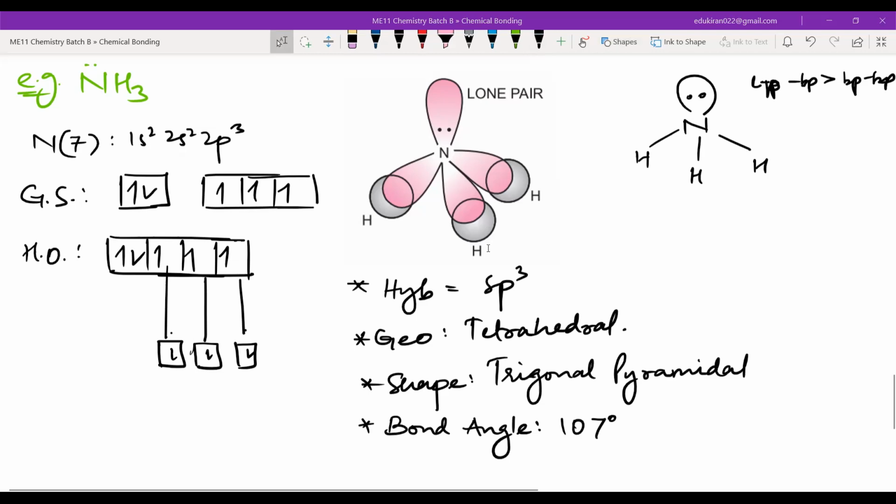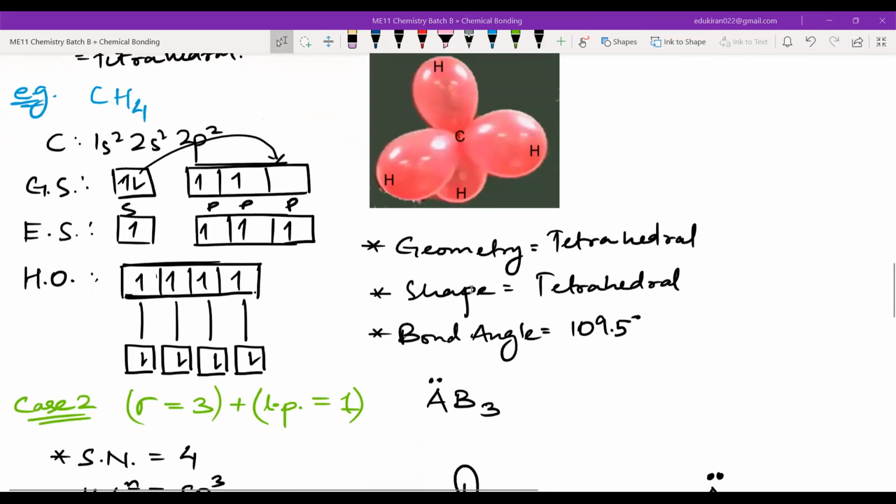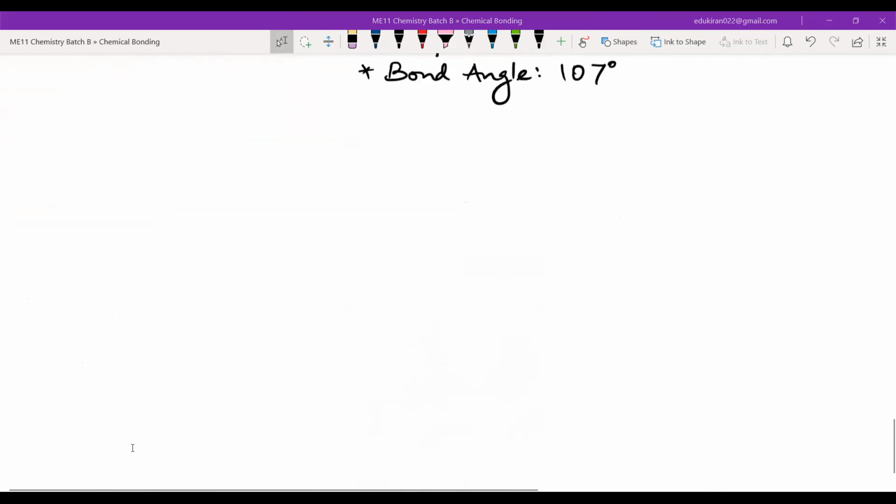Let me know if you are done, guys. Okay, Reba is done. What about Muhammad Umar? Acha, okay, fine. Both of you are done. Now we'll do the case. This is case 2. Then we will do case 3 here. Case 3 for sp3 hybridization.